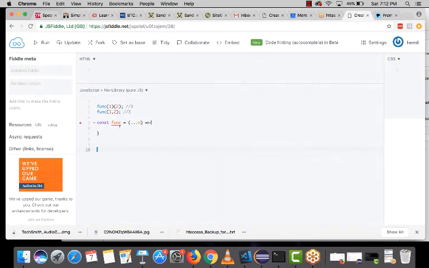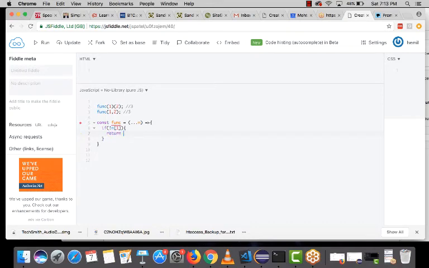Okay, so I make it a spread operator, and then if I say if n, because if I have 2 arguments, then n1 would be undefined, right? Or you can just say if not. If there is no second argument, then return